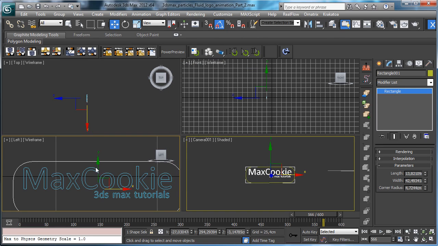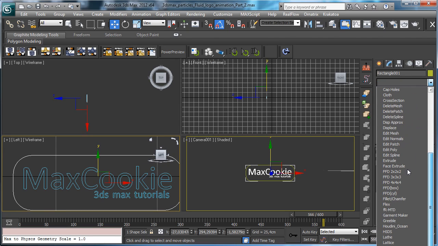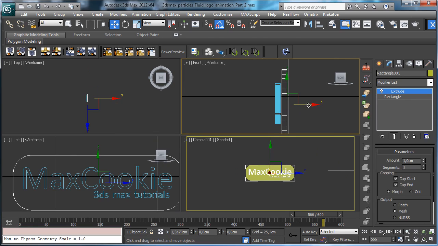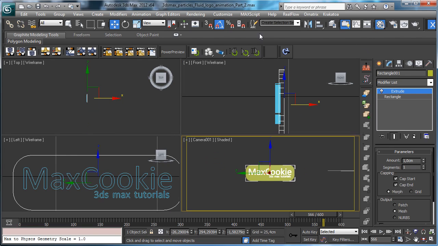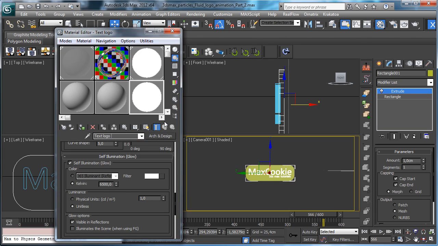Okay, and then we'll move it there. This one will be extruded obviously, and let's say 1 centimeters, but it will stay there. And we can choose a color, so let's copy this one and we call it base,